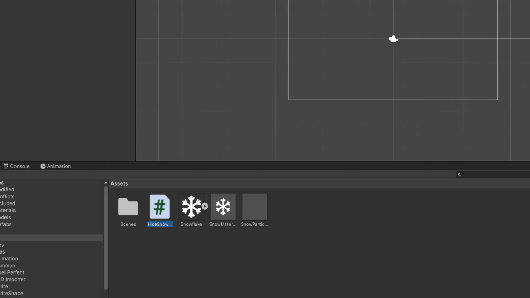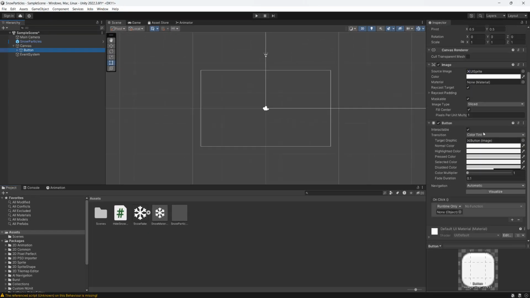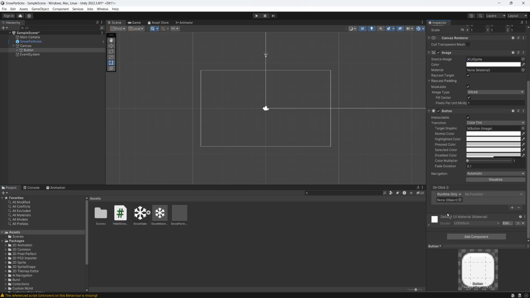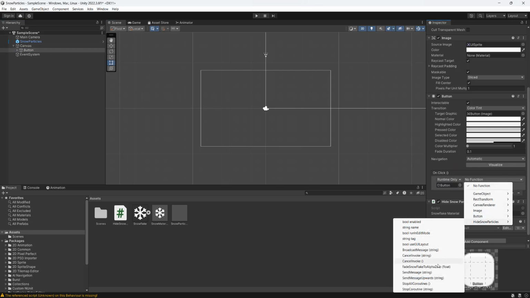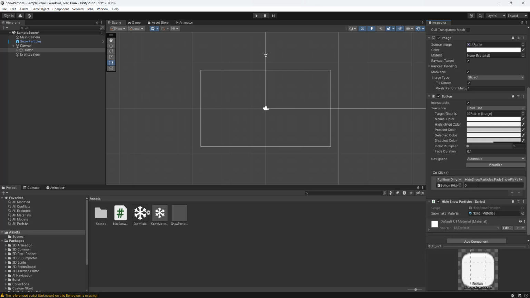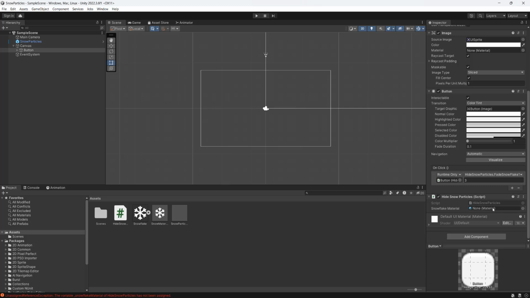So let's go back into Unity, and we're going to go to our button, and we're going to drag and drop our script onto our button. And then we're going to add an on-click event where we're going to call our FadeSnowflakeToAlpha0, and we'll pass in a float value of, let's say, 3. We also need to drag and drop the snowflake material into the script. So we'll drag and drop our snowflake material, make sure this material is used by the particle emitter, and then we press play,